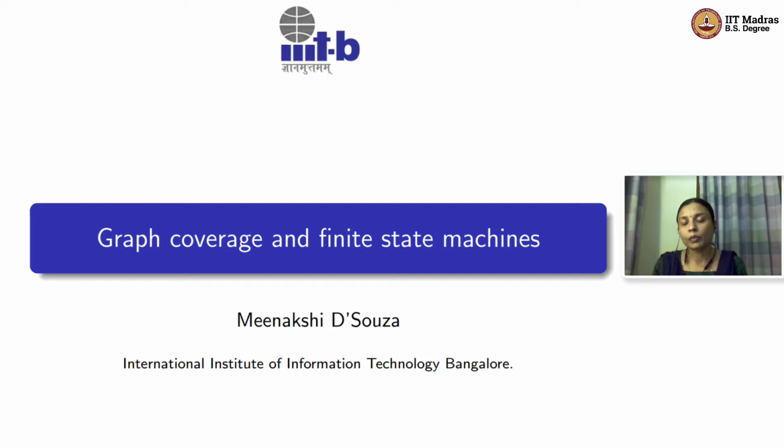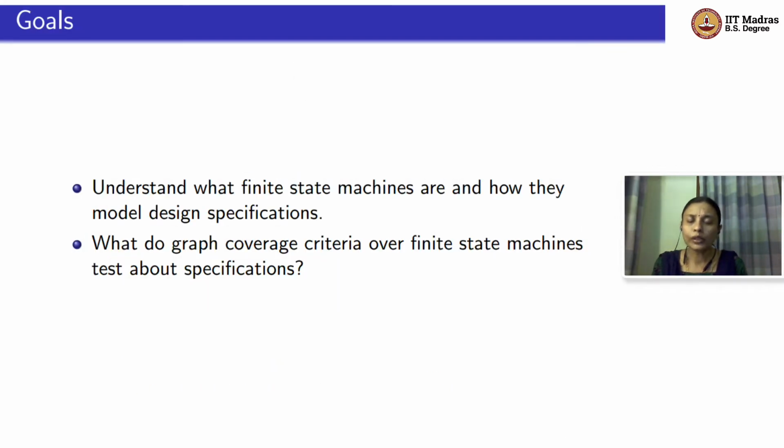Graphs, which are of a special kind called finite state automata or finite state machines, which are very useful entities in computer science. So our goal is to understand what a finite state machine is very briefly, as we want them for testing, and how they model various kinds of design specifications. What does graph criteria over these kinds of special graph-like entities look like, and why are they useful for modeling